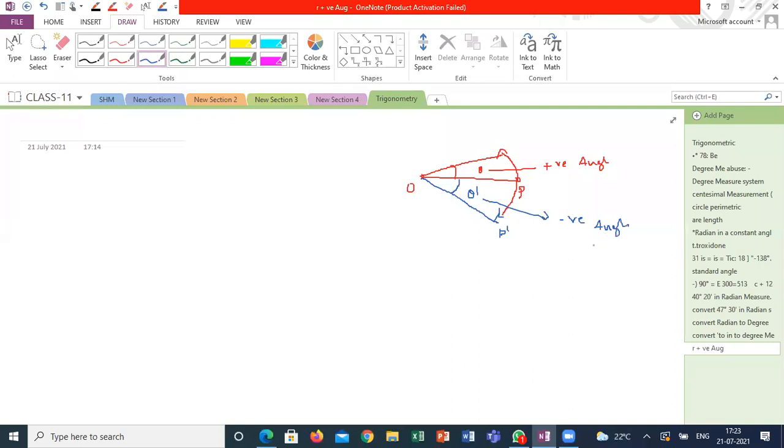The positive or negative sign represents how the ray is displacing with respect to a fixed point, whether in the clockwise direction or the anti-clockwise direction. So here, the sign explains its direction, and the angle explains its magnitude. Is it clear, guys? A negative angle means it is rotating in the clockwise direction. Positive means it is rotating in the anti-clockwise direction.